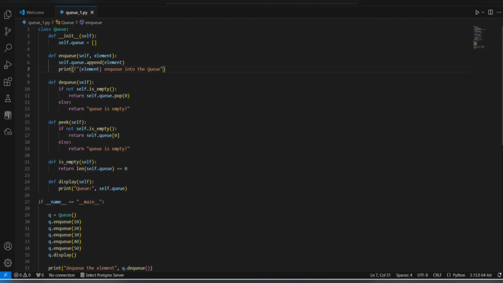We will explore a simple implementation of a queue using the Python programming language. This is one of the simple implementations of queue. These are some basic operations of queue, just like a simple implementation using the Python programming language. First, we need to define a class called queue. The init method is used to